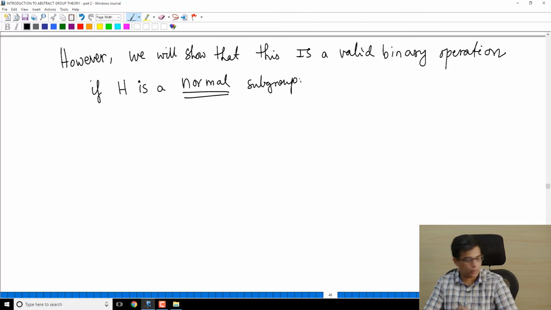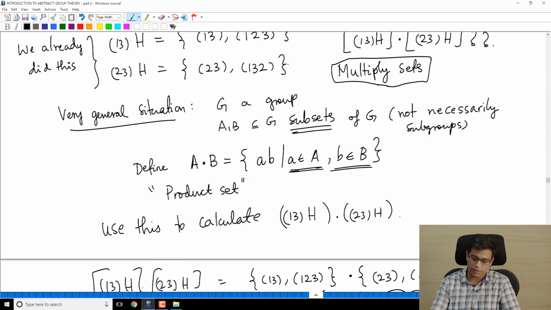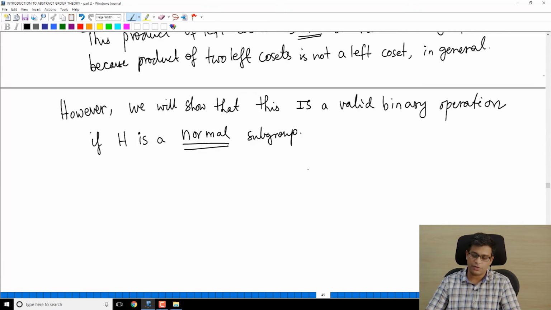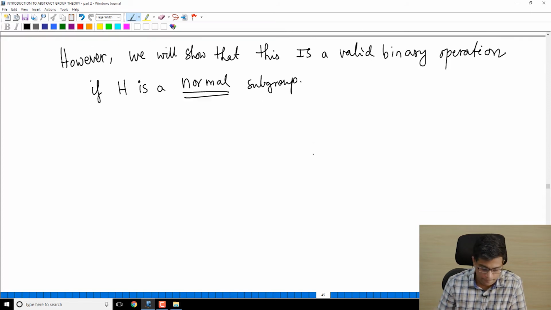So if H is a normal subgroup, it turns out that this product that we define here, AB equals capital A times capital B is small a times small b, as you vary elements of capital A and capital B, becomes a valid binary operation provided that H is a normal subgroup. Okay, so this is what I want to show, but before that let me prove a proposition